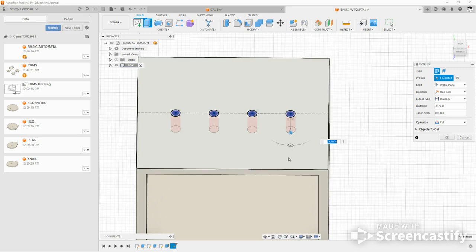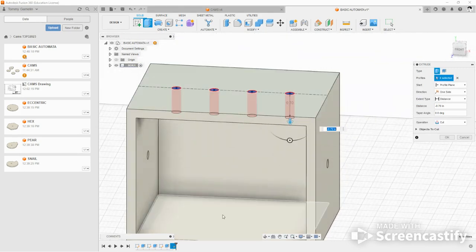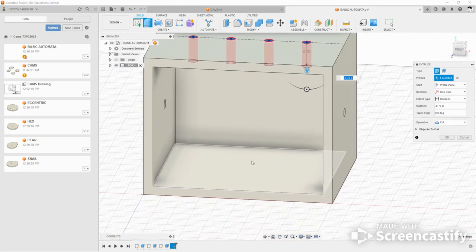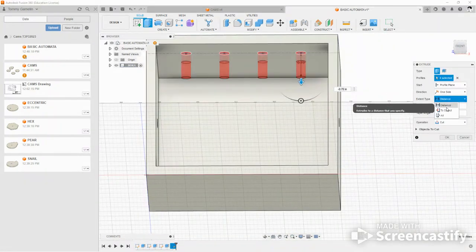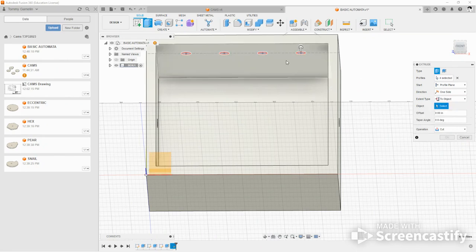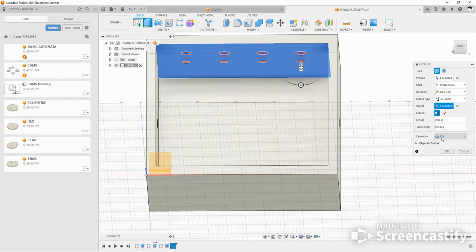Going to go this way. Now, with this, I don't want it to go all the way through, because then it's going to go through the bottom here. Don't want it to go through the bottom there. I just want it to go through the top. So instead of distance, I'm going to choose to object. I'll click the bottom of this. That's going to go all the way through. It's going to cut